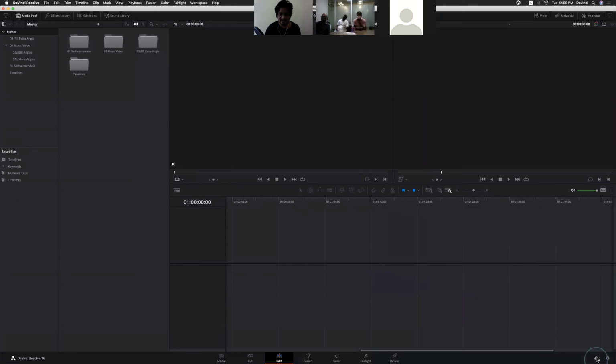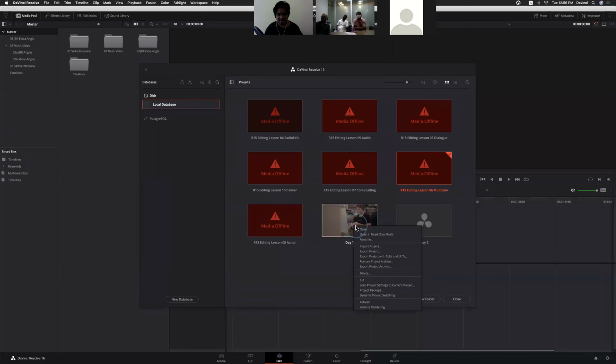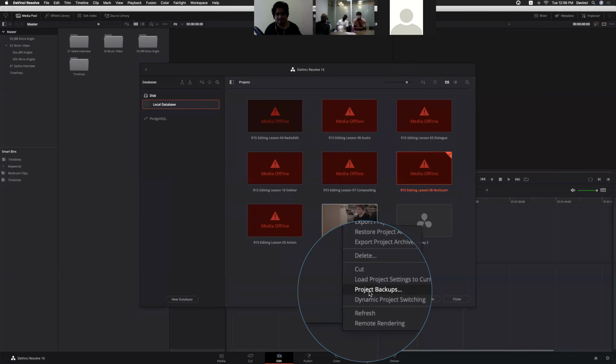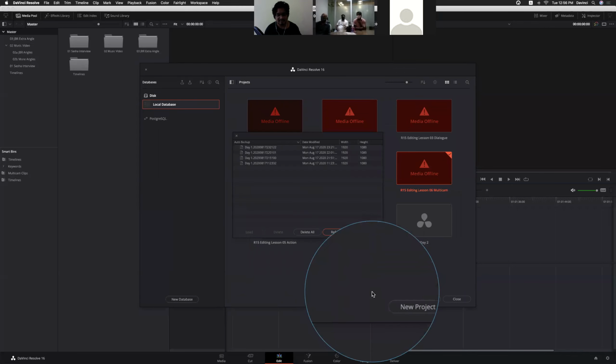So within the project manager, right click. Load project backups here. Select load project backups and you can see the available projects. Select any one and it won't overwrite the current one. It will create a separate one. It will ask you to change the name and everything when you double click it. Okay, right?